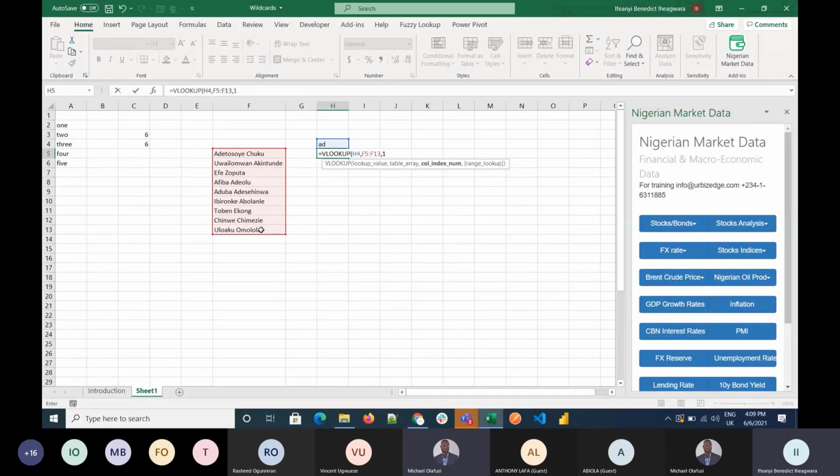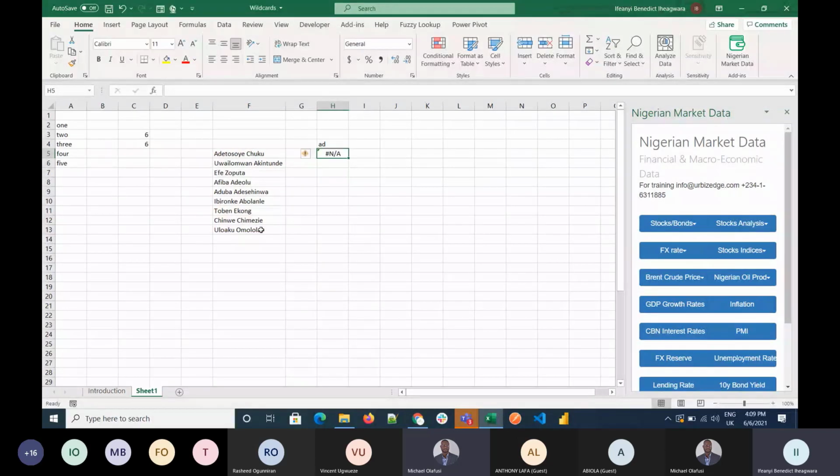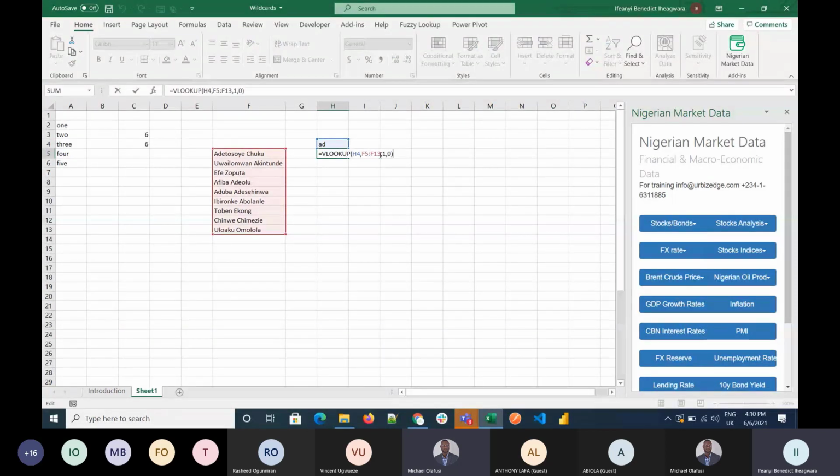When you do this, you don't get people whose name starts with AD, because technically according to VLOOKUP, there's no name here that is simply AD. It's AD with other characters behind it. So to correct this, a more appropriate way of using this would be,